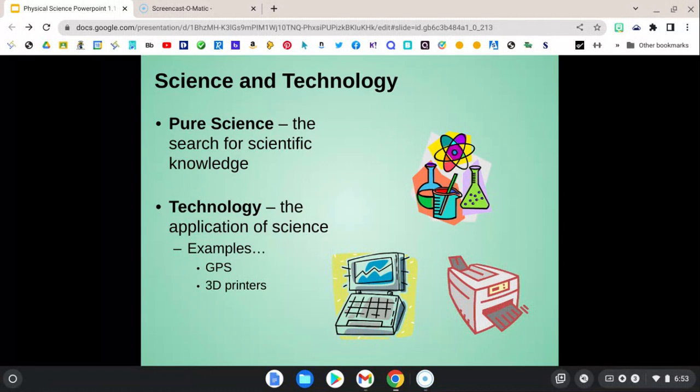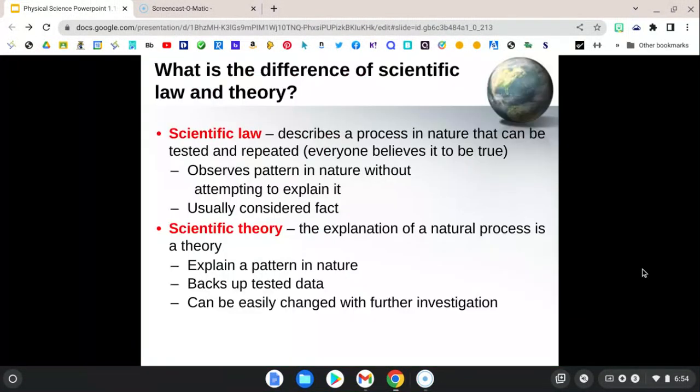Those satellite phones that they use proved to be very useful in making their bomb drops and whatnot a little more accurate. 3D printers, somebody thought it was a good idea. Hey, what if we could print things in plastic or other polymer material? We've gone from printing toys with 3D printers to now we can print almost anything, all the way up to replacement organs for people.